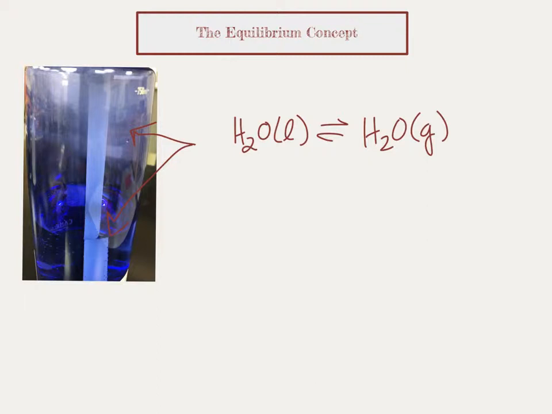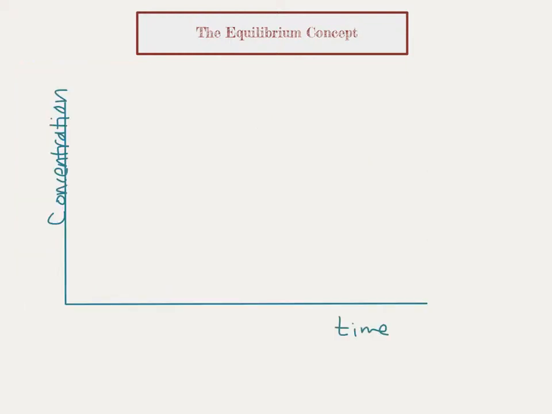The liquid water and the water vapor strike a certain balance, a balance that can be tipped if you warm up that bottle or if you cool it down. We have also considered the idea of reactions that do not go to completion in our discussion of percent yield